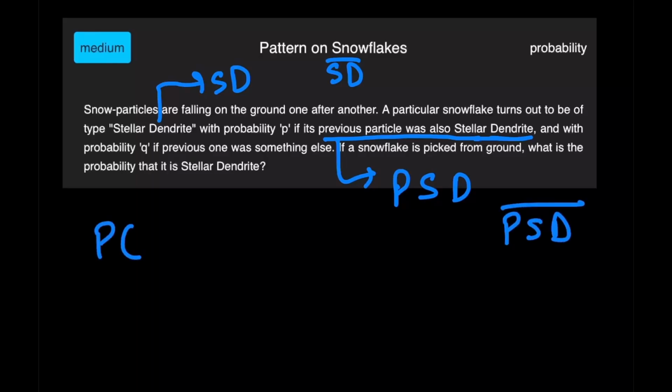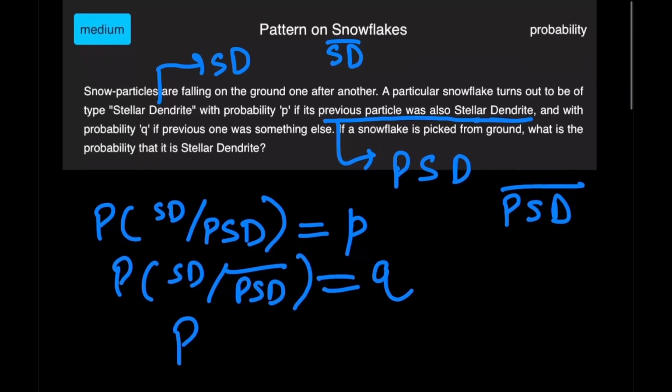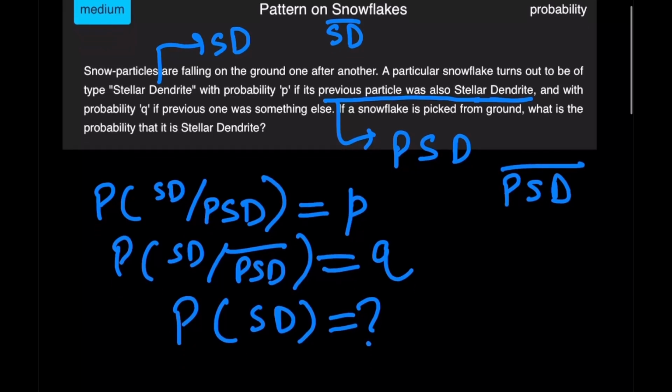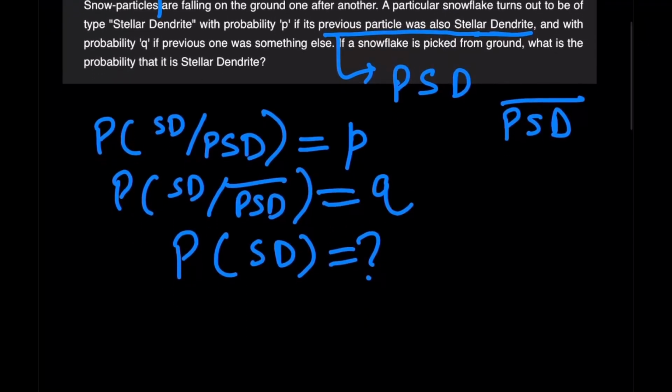So the probability of the snowflake being a stellar dendrite, given the previous snowflake was a stellar dendrite, is given as P, and the probability that the snowflake will be a stellar dendrite, given the previous snowflake was not, which is given PSD bar, is equal to Q. And what we've been asked is the probability of a stellar dendrite. So this is the question. Now, the way you go about solving this problem is, well, initially, first of all, just by playing around,